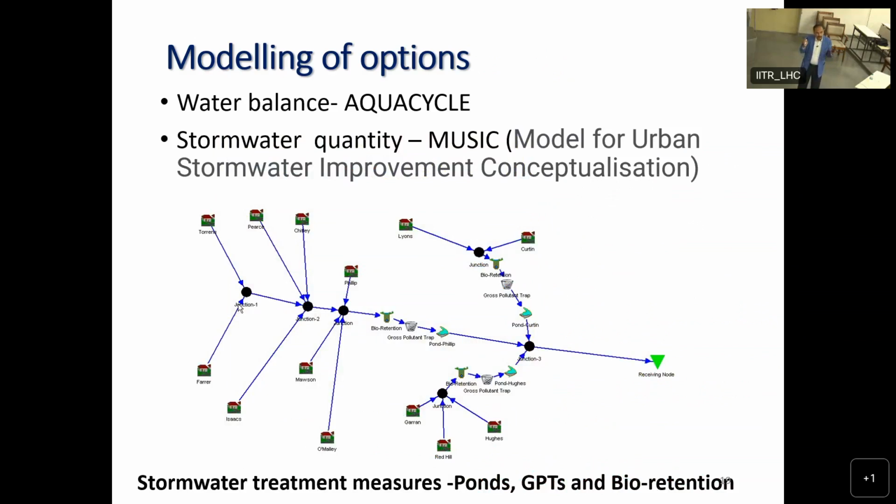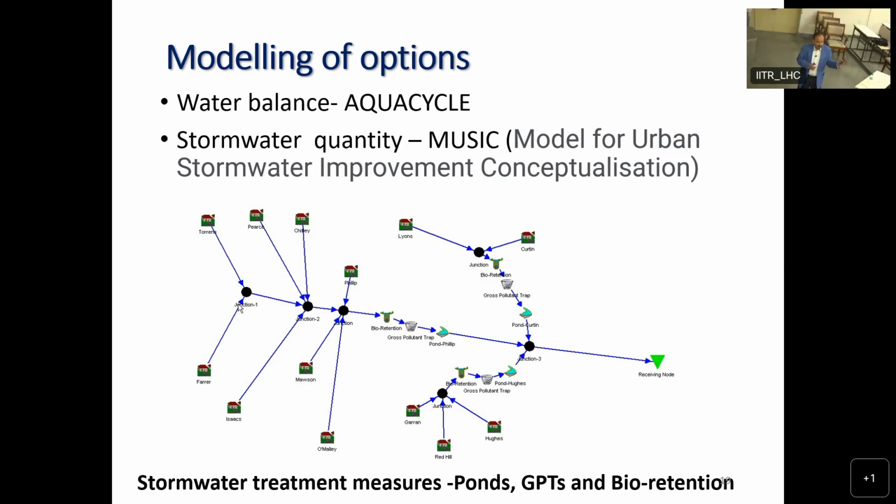So for looking at the water balance aspect of reducing the potable water supply, which had a target of 25%, we used EcoCycle, as I talked about, and did the modeling. That publication will give you some idea of how we applied the EcoCycle model. But I talked about another model which is available through the same website,